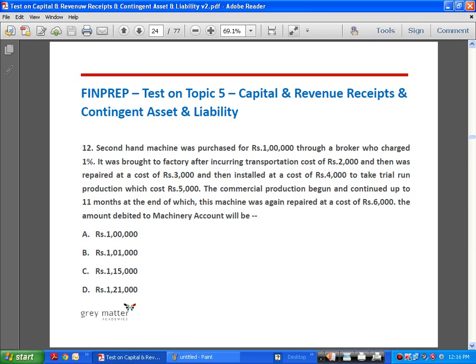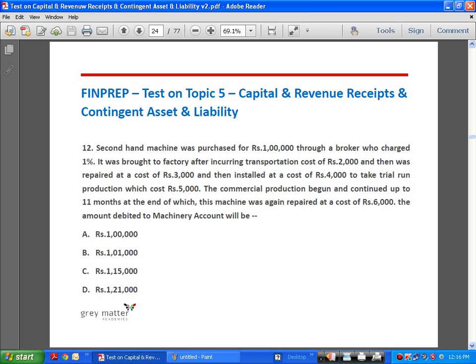Right. Now we have a problem to work out. A second-hand machine was purchased for rupees 1 lakh through a broker who charged 1%. It was brought to the factory after incurring a transportation cost of rupees 2000, and then it was repaired at a cost of rupees 3000, and then installed at a cost of rupees 4000, and rupees 5000 was spent on trial run